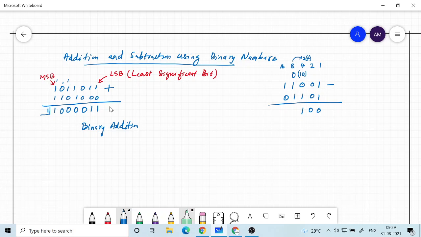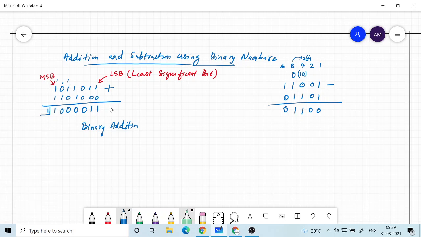Okay, so now you have 0 here, and again you need to take away 1. It is not possible, so you need to take away 8, but nothing is left here. So you go to the 16 and bring 1 16 here, that is 2 8s. From 2 8s you can take away 1 8, and that will give you 1 8 left. And here now nothing is left, so this is the answer.